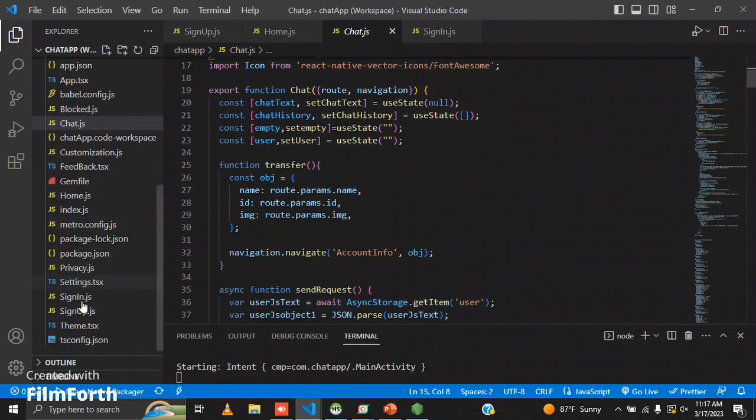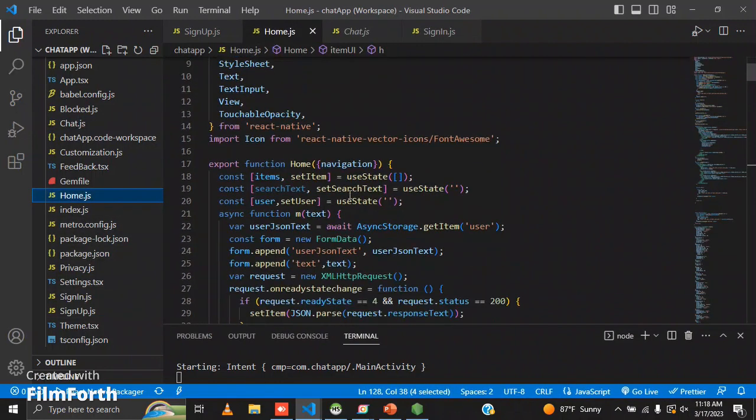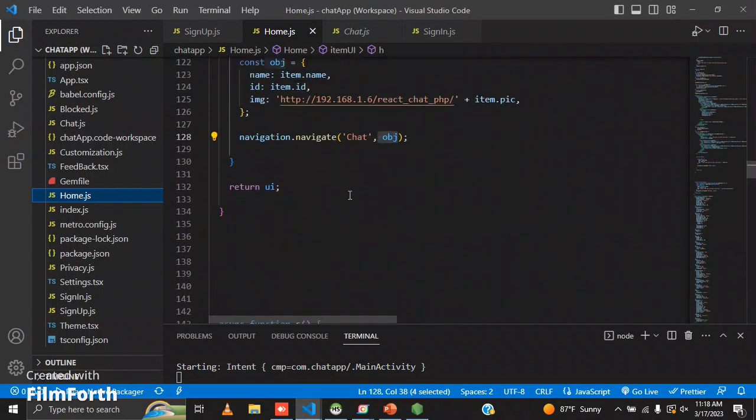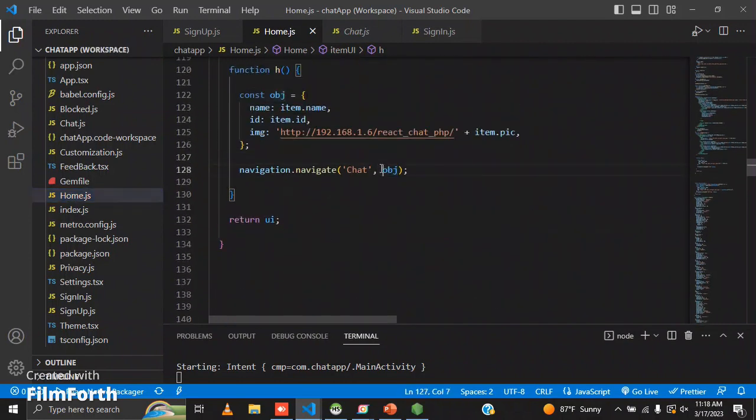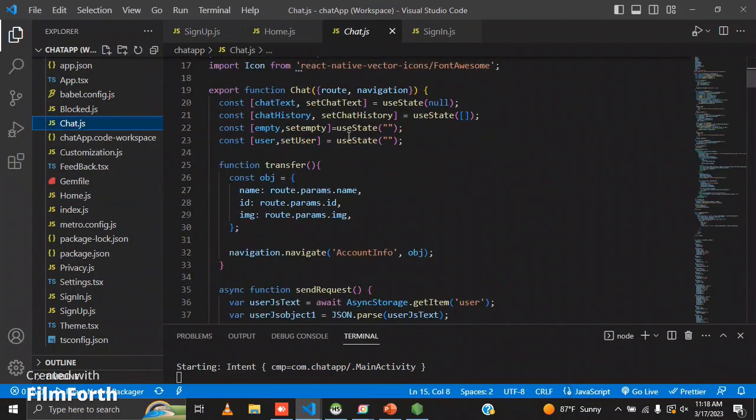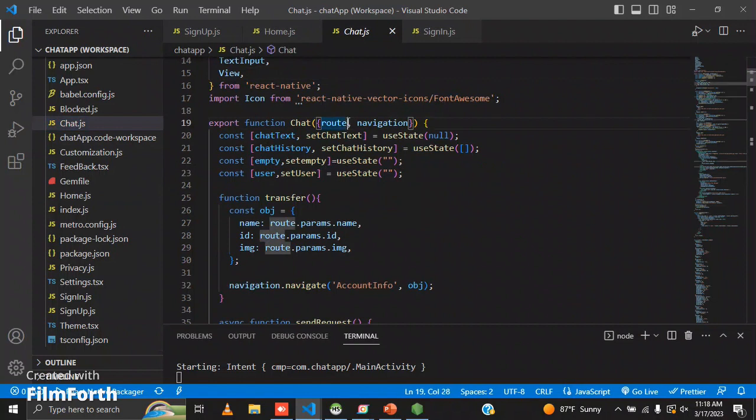I told you in the previous video in the home screen why I did put this object in there. When you navigate, you take this object to the chat screen. Now you can take anything from that object, from route.params. If you want the name in that object, you can take it from route.params. So I have basically made these 4 states,